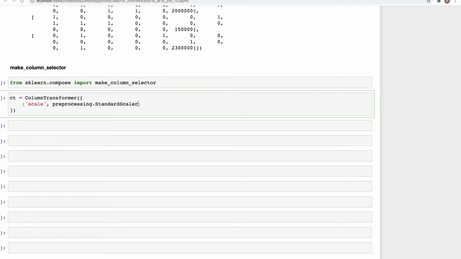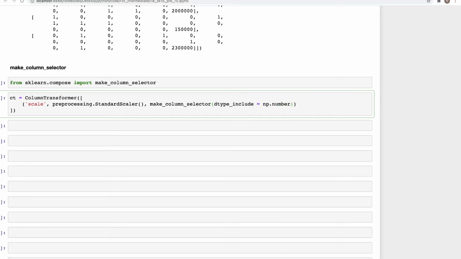If you remember, this is going to make zero mean and bring the variance close to 1. If you want to review that, I'll put a link in the description. Then we specify make_column_selector, and we need to specify the data type that needs to be included for this. So here we'll specify